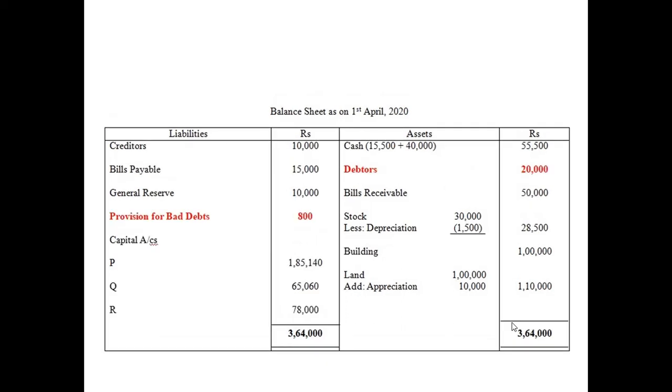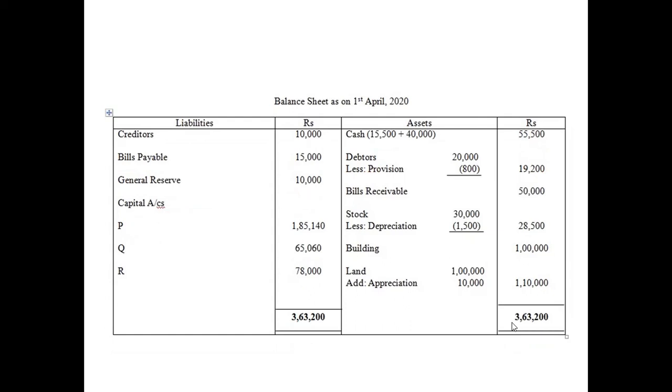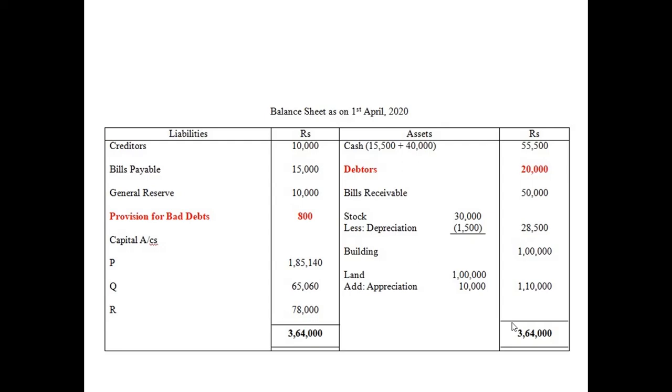this way? The debtors, as you can see here, have a look properly here. Okay, debtors amount is 20,000. You write the amount directly without subtracting provision for bad debts. And the provision for bad debts, which is a liability, can appear in the liabilities column of the balance sheet. That is 800 rupees. I have highlighted this with red color here, so that you can understand clearly that debtors are written in the asset column, and this provision is written in the liability side. 800 rupees,